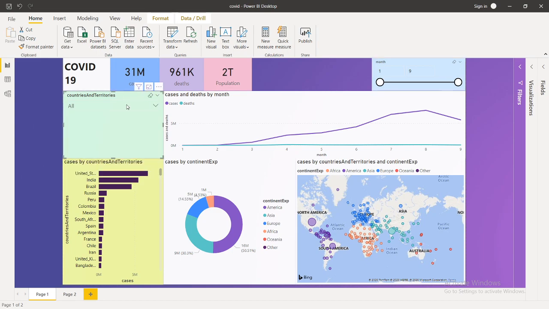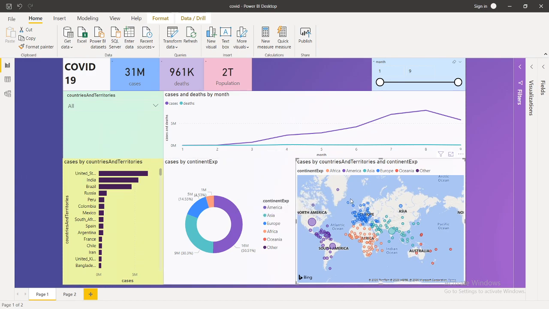And here is a drop-down selection which is used to select any country whose data we want to visualize. And to the right of it, here is a line graph which shows the basic trend of cases and death along the various months, and this is the tilted bar graph which shows the COVID-19 case count along with the countries labeled. And this pie chart contains the distribution of COVID-19 cases across various continents.